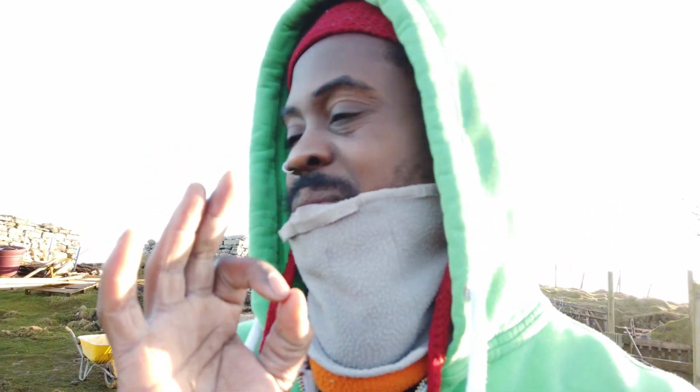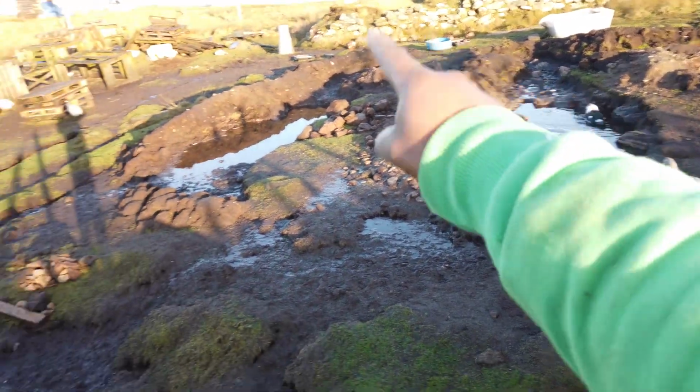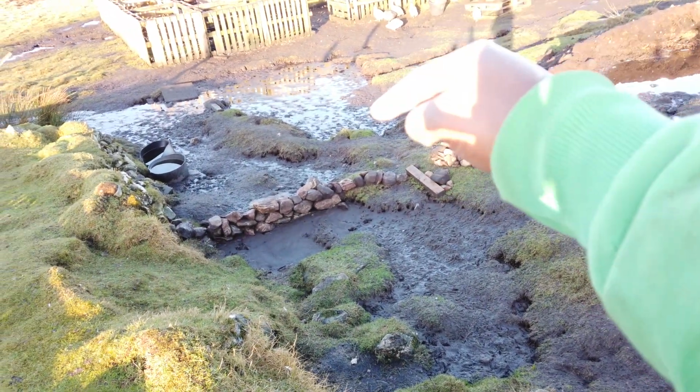Oh, and I forgot to mention that I absolutely love permaculture. So let me just give you a little sneak peek on what I'm talking about. So look, ducks having a little bath. So there's a pond here, there's a pond here, there's a pond there. This pond splooshes down to this one, splooshes round to this one, splooshes into this muddy pond that needs amending, and ends